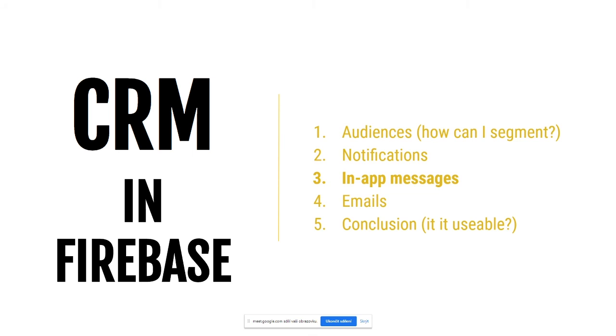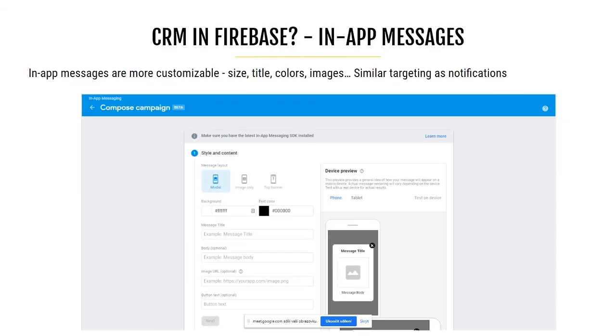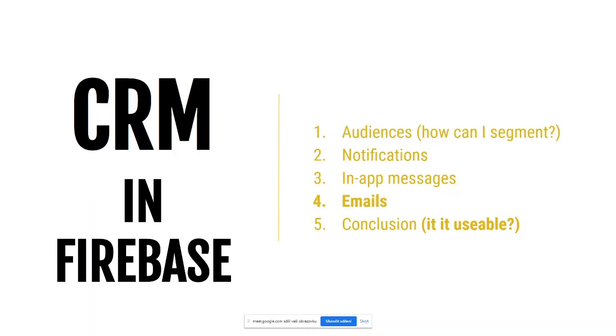Then what is set up really similarly to notifications is in-app messages. It's, let's say, a window that pops up when a user achieves some level. You can also choose background color, images, etc., and choose the audience who will be targeted. And the last